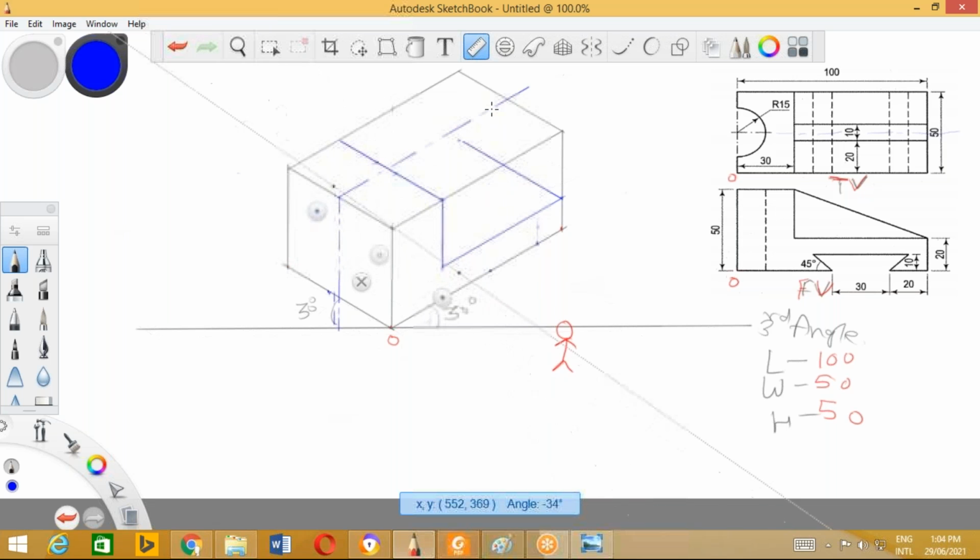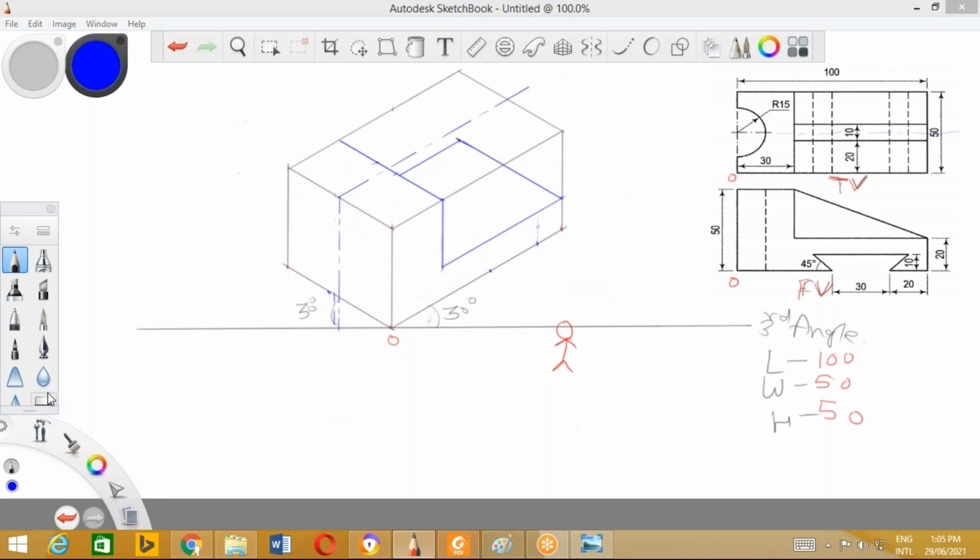Okay, so up to this point we have to draw the line. And from this point draw line parallel to length, because we have to complete this, no? Done. So this is what the box will look like.